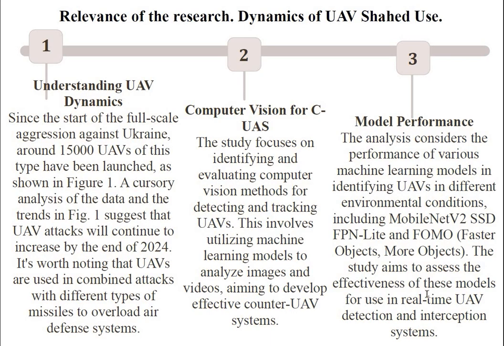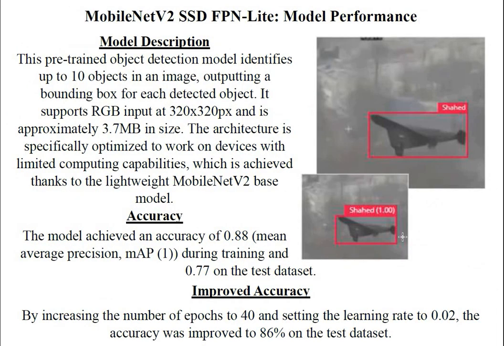Model performance. The analysis considers the performance of various machine learning models in identifying UAVs in different environmental conditions, including two very interesting from my perspective, MobileNet SSD and FastObject, which were created especially for small devices. The study aimed to assess the effectiveness of these models for use in a real-time detection and interception system. Let's start